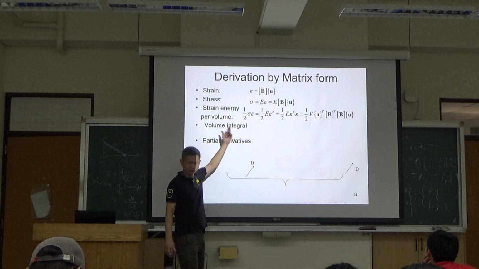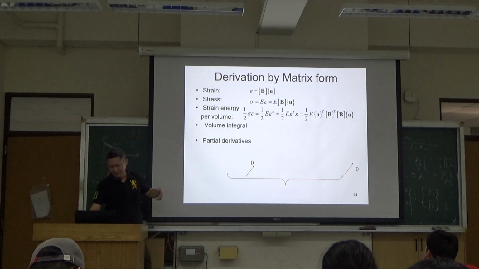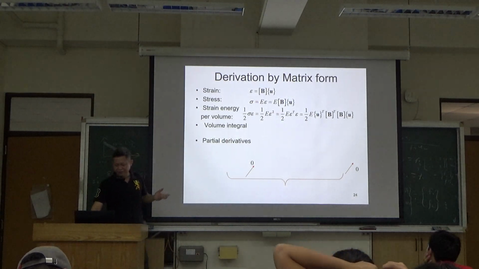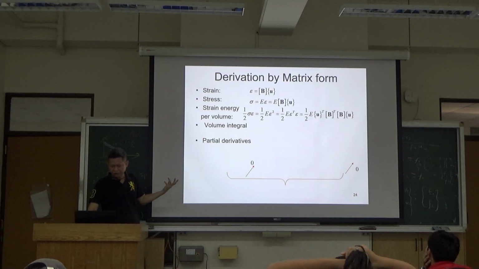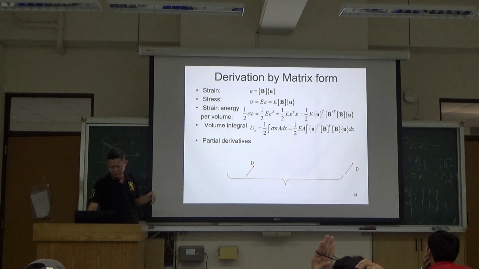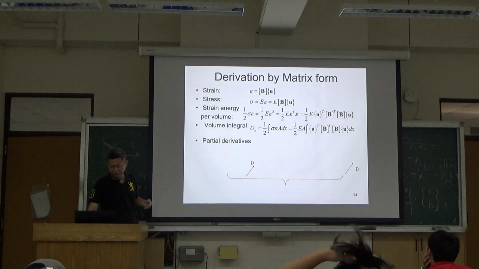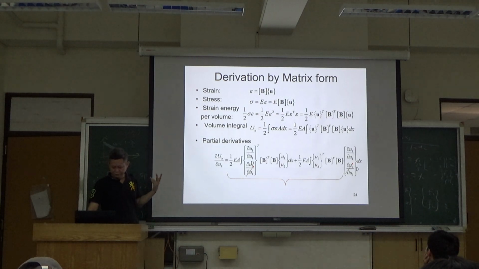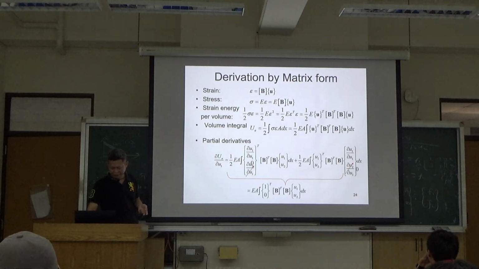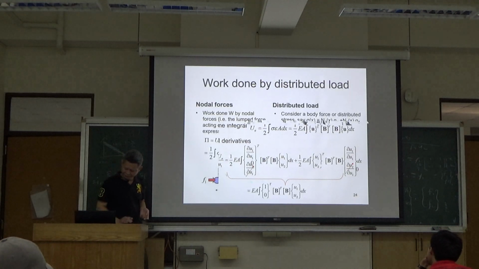Okay? And in summary, we are able to express strain in terms of displacement. We are able to express stress in terms of strain. Multiplication of stress and strain divided by 2 will give you strain energy per volume. You can do the integration to find out the total strain energy. We now do the partial differentiations. You will be able to find out the force. Okay? And then next,